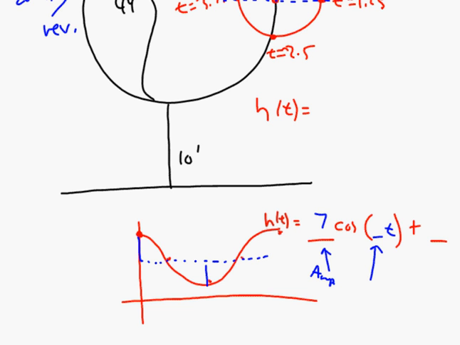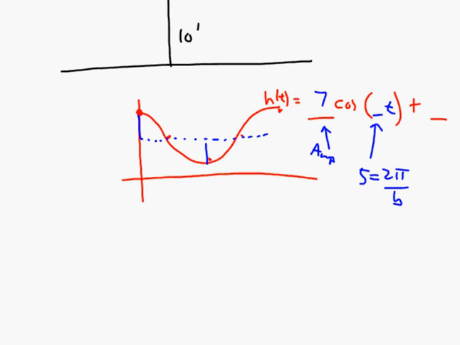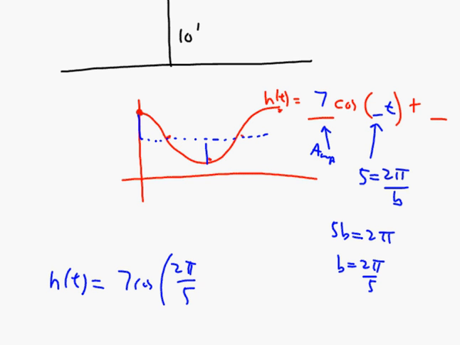Because we know the period of the little Ferris wheel is 5 minutes. So 5 minutes equals 2 pi over b. So we can solve that. 5b equals 2 pi. And then we want to get b alone, so we'll divide. We'll get b equals 2 pi over 5. And there you go. So now you have the frequency of this little Ferris wheel. So that's not going to quite fit in there. I'll write it again. h of t equals 7 cosine 2 pi over 5 t plus,